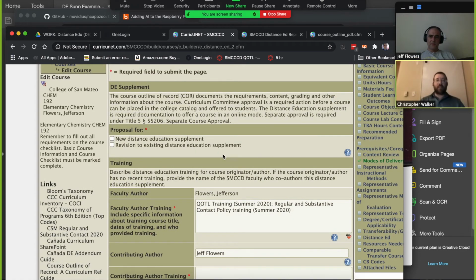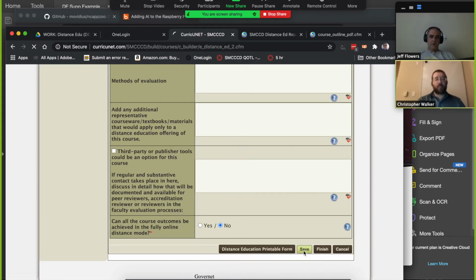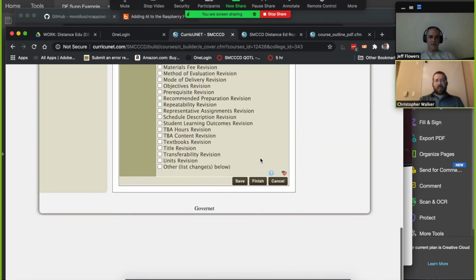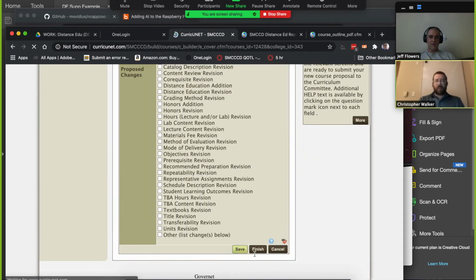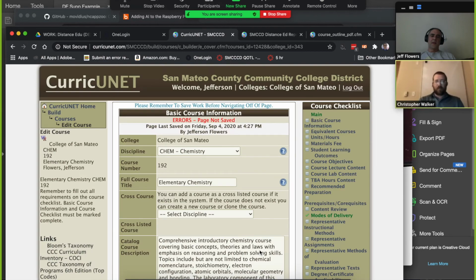Okay, so I scrolled all the way back up. And again, if you've never had any distance ed, just select new distance education supplement. After you fill this all the way out, which I had not, of course, it was pretty much empty, I hit save but not finish, and I decided just to begin on all the other little bits. Now, here's some things that we got tripped up on. When you go to basic course, I thought you could just hit save, finish. We did this a couple of times until we realized